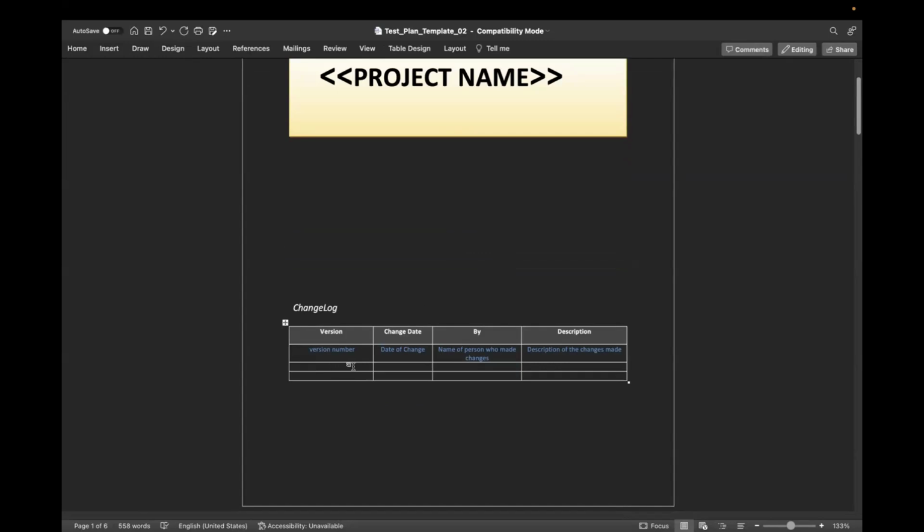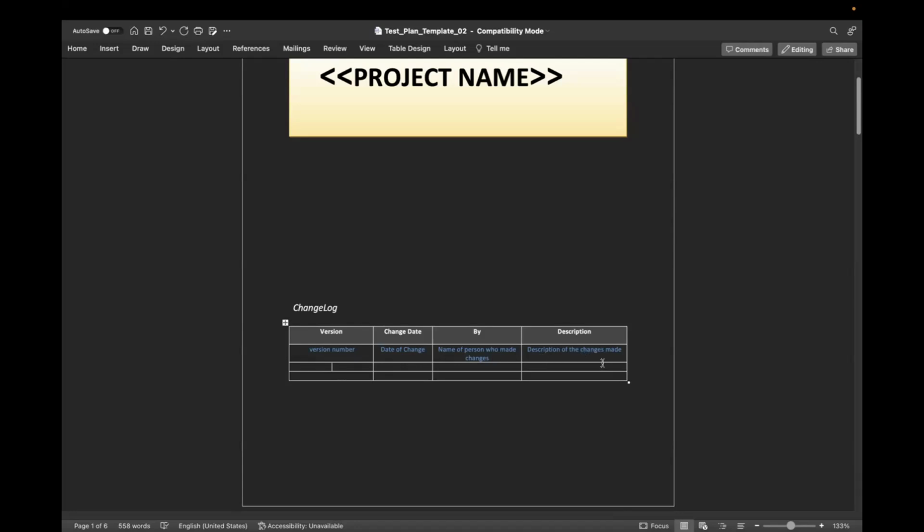So let's say you complete the test plan, you send it over to stakeholders for approval, and you are told to come and change something. Once you finish that, you write the version, the date of completion, the name of the person, and the description.